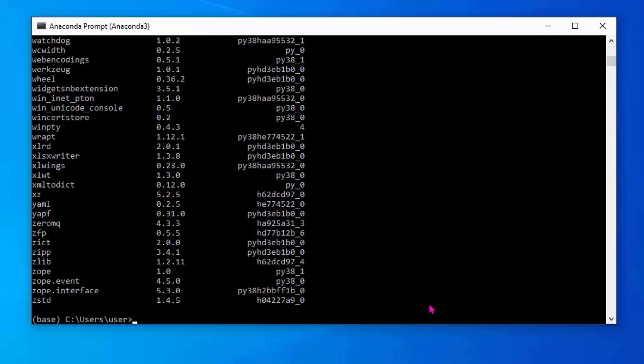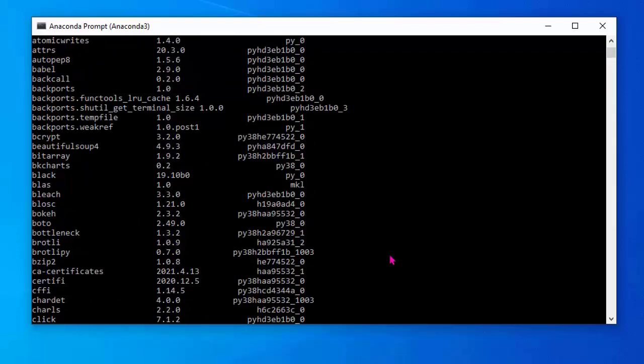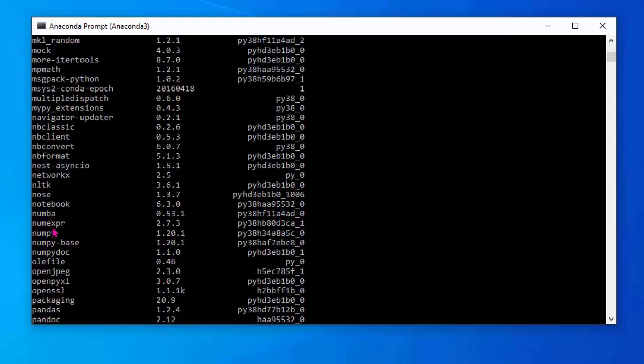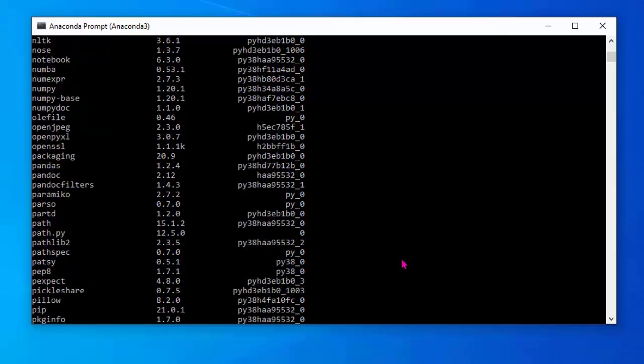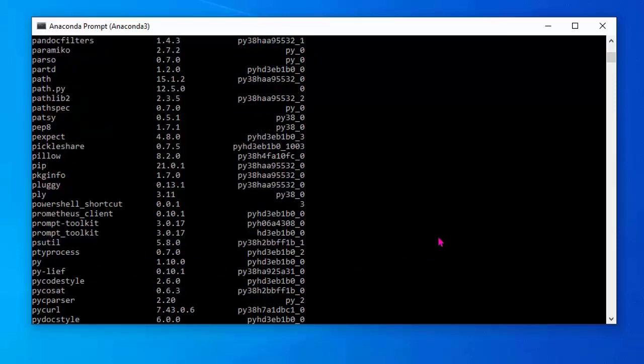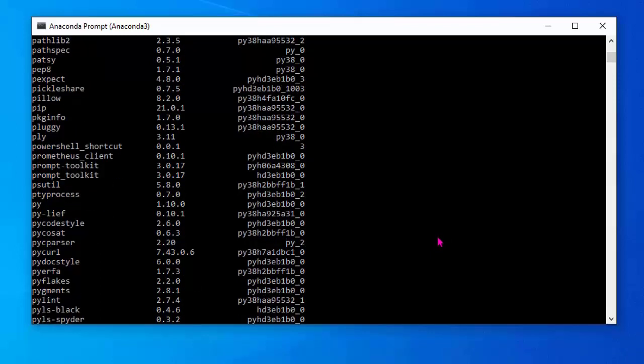This conda list shows the different packages already installed with the Conda installation. See, these are the different packages already installed. Number of packages already installed with Conda. See here, very popular NumPy, which has been installed here. Very popular Pandas, which is also installed here. So this is one advantage of using Anaconda. Not only Python, a number of necessary packages and libraries have already been installed with Anaconda.